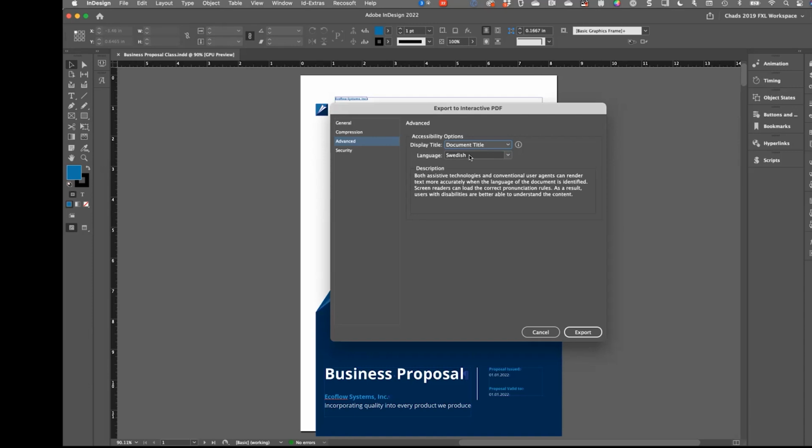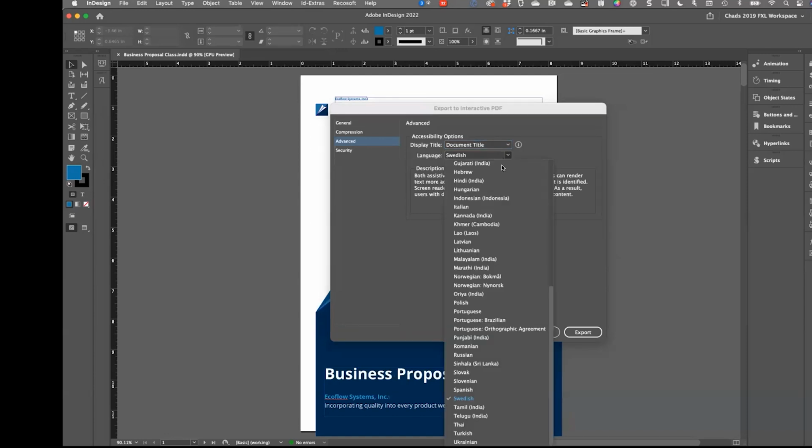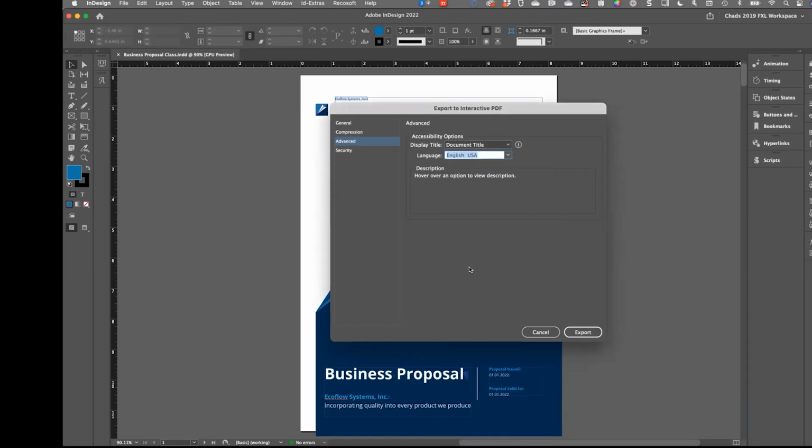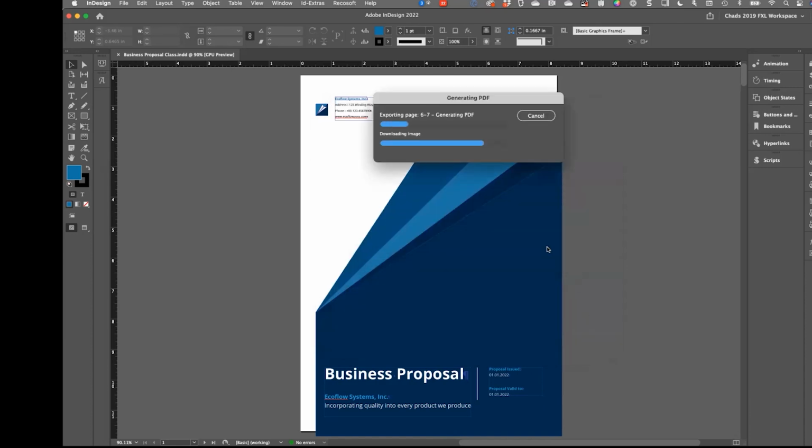And you can also choose the language. This is really interesting because I just did a test for somebody who is exporting as Swedish, and it seems like it remembered my setting. So we want to be careful about that. I do not want Swedish. I'm going to choose English USA. Oops. All right. And when I export this file,